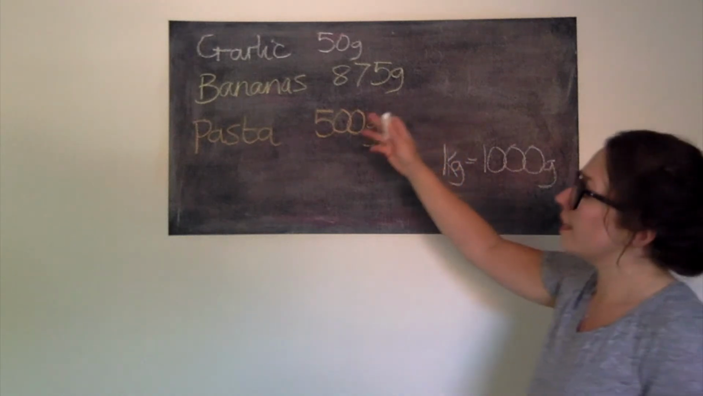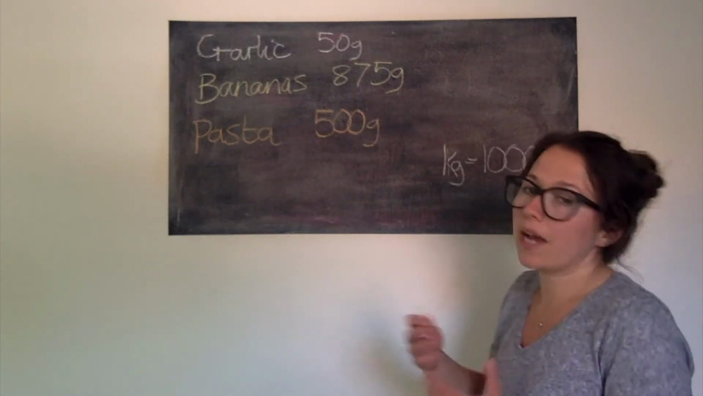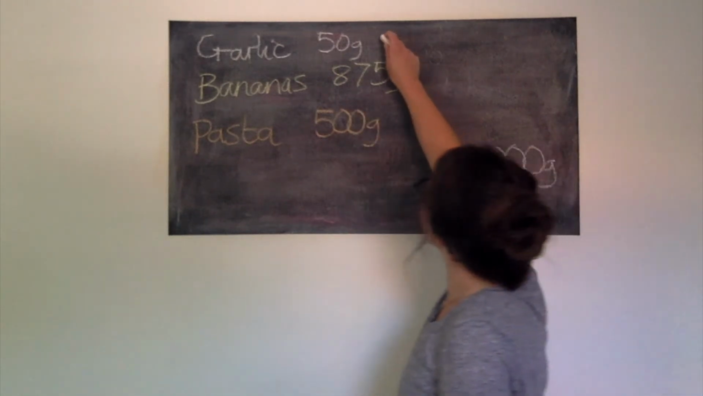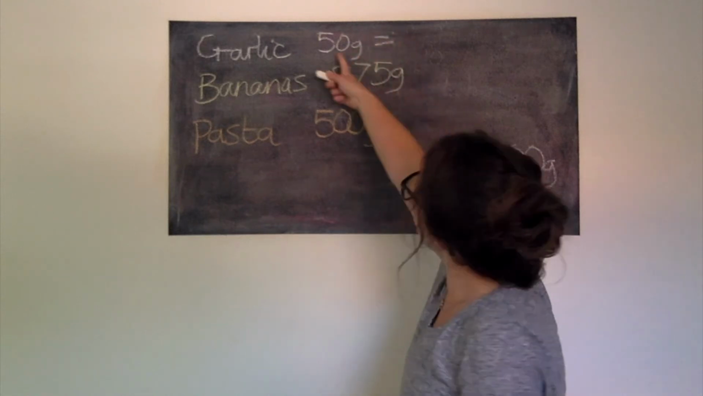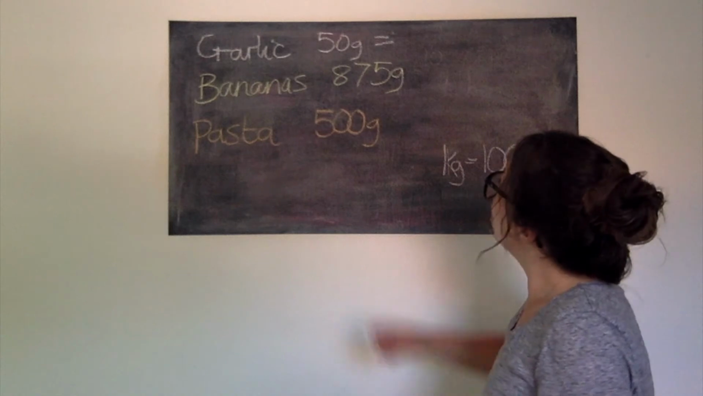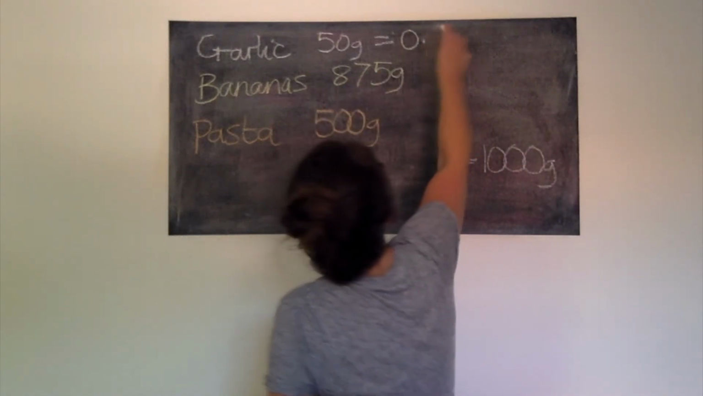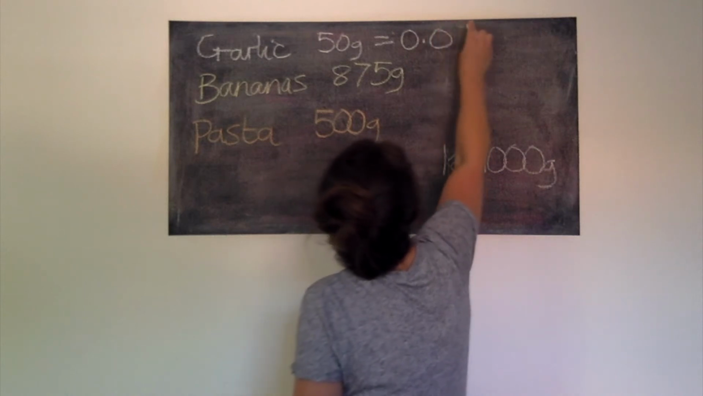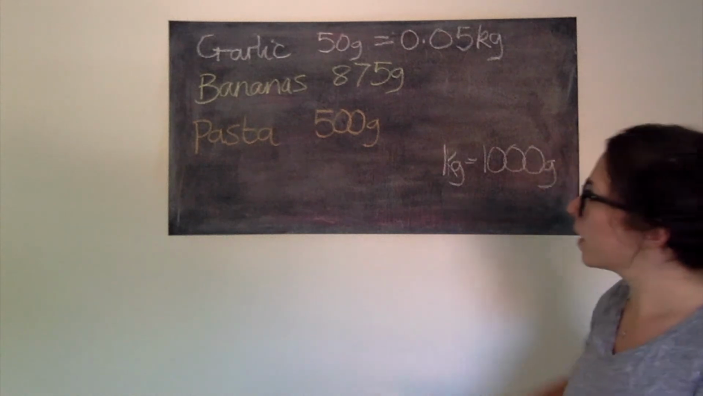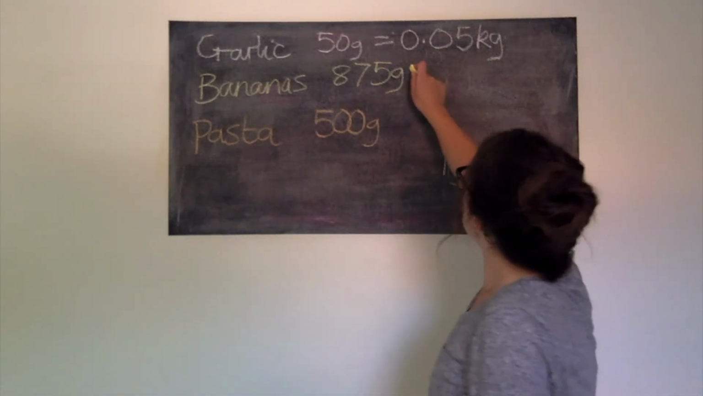So for each of these, I'm going to have to divide them by 1,000. That's how we're going to figure it out, because we're going from grams to kilograms, okay? So we're dividing by 1,000. Now remember what we said with our sentences as well, so that's going to help us. So 50 grams is the same as 0.05 kilograms, okay? Bananas, so 875 grams is the same as